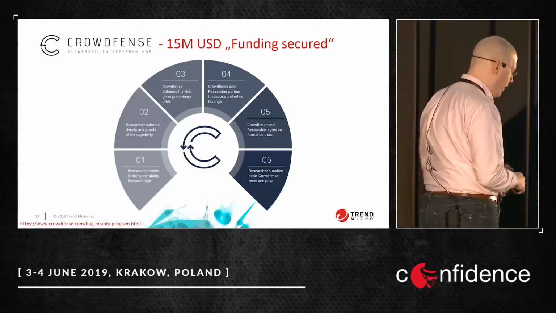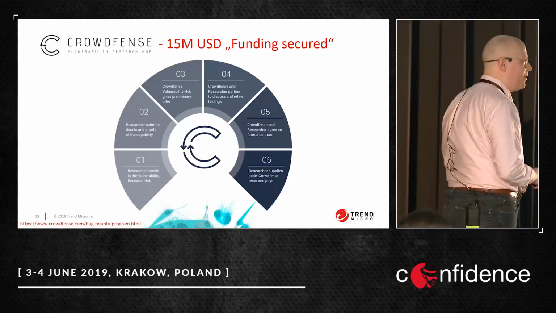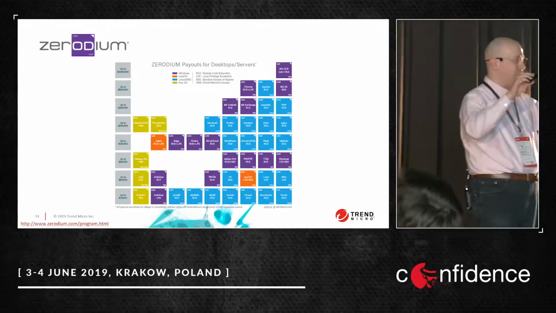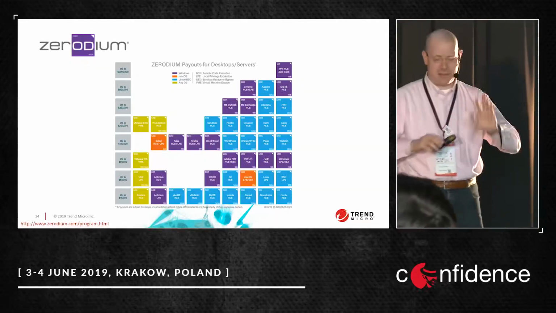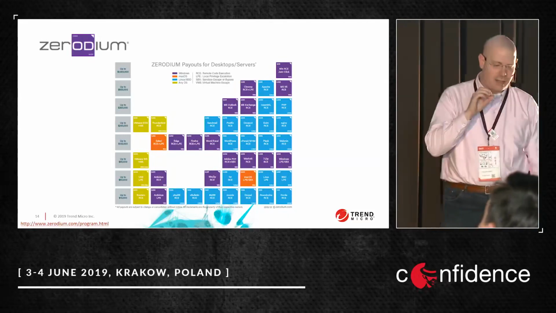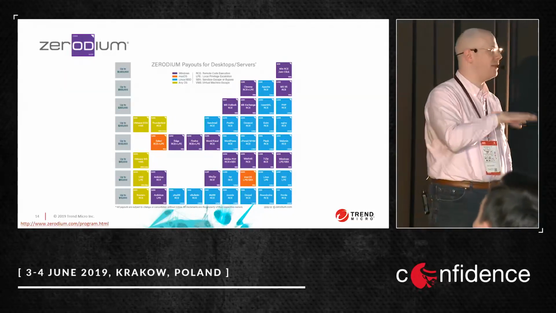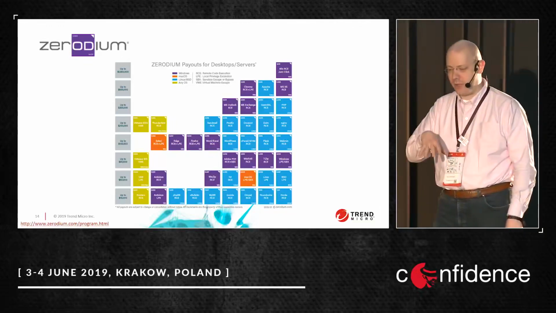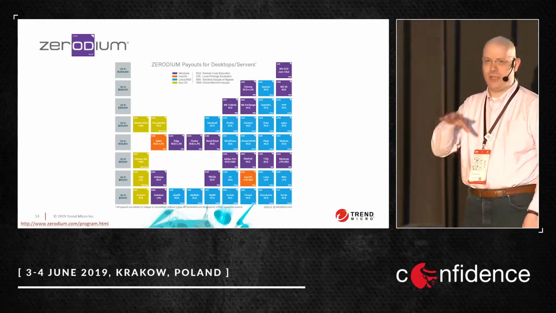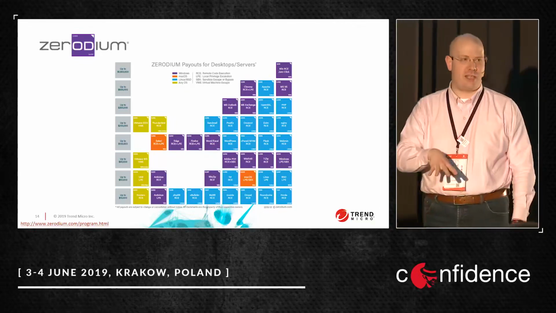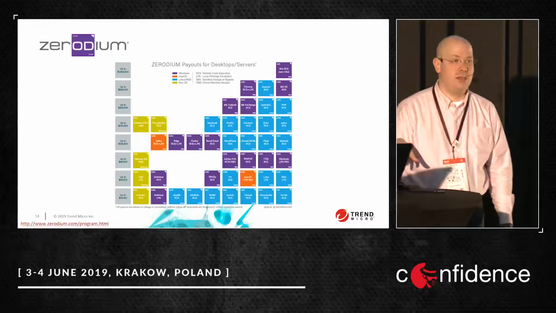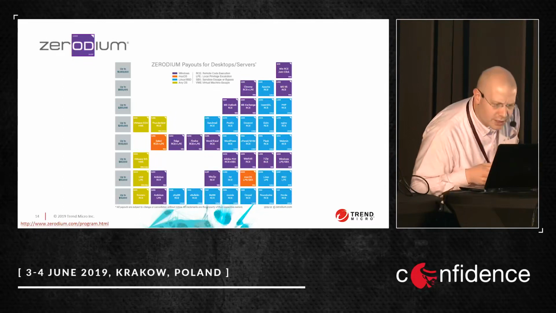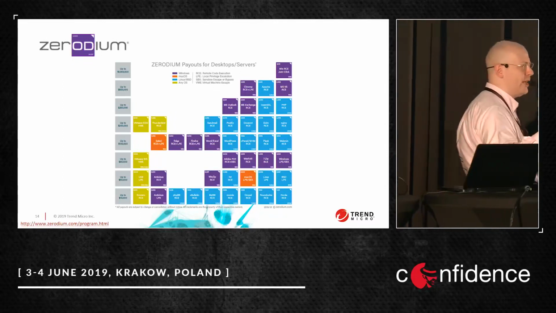And CrowdFence is not the only one. There is another player, for instance, Zerodium. By the way, I really like their way of putting the different exploits in some kind of PSE, but different story. So they have kind of a similar price range. If you have something like an exploit targeting iOS, no user interaction, privilege escalation, or what they call local privilege escalation or elevation, then you're up to, I'm not quite sure if I can read it, but I think it's in the 2.5 to 3 million range as well.